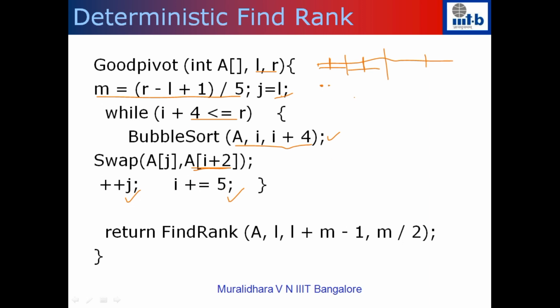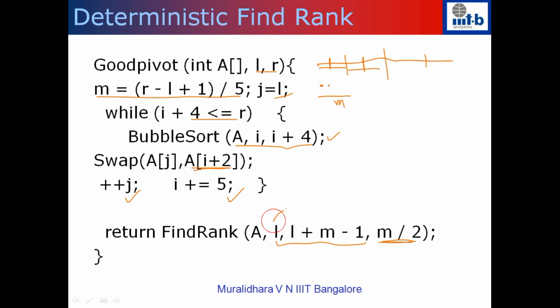So what happens after this is that if you look at the first m locations, that's basically from L to L plus m minus 1, this will contain all the numbers which are the medians of each of these groups. Now what we need to return is the median of these medians. So you take the numbers from L to L plus m minus 1. This will contain all the medians of individual groups, and since there are m groups, I want to find the median of it. The median can be found by finding an element whose rank is m by 2.